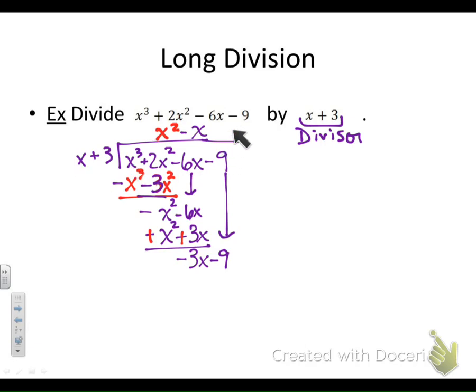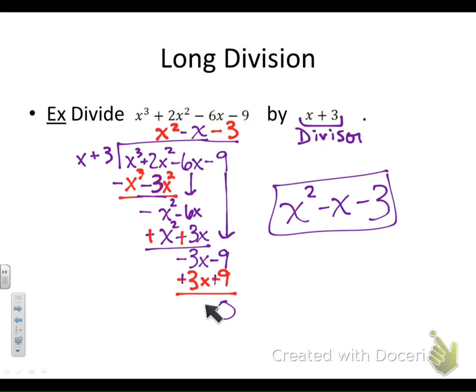I again ask myself, x times what could get me to negative 3x? And then I multiply by the divisor, taking negative 3 times this piece and writing it below. So we get negative 3x minus 9. But I need to realize I have to subtract that, so I'm going to change those signs. The x terms wipe out, and so do the constants. X squared minus x minus 3